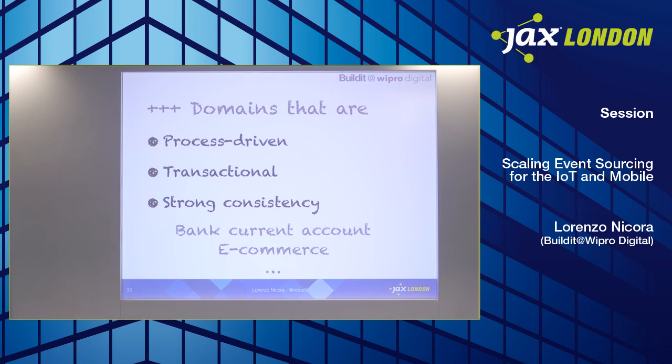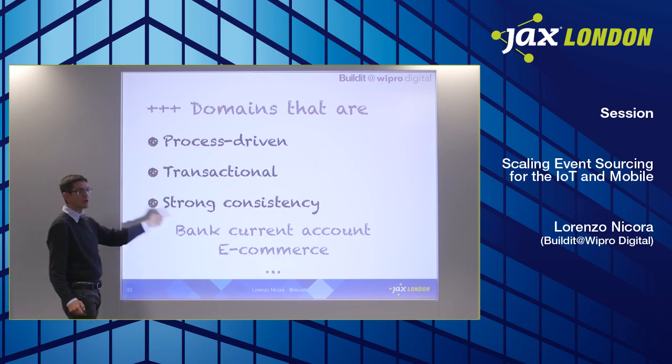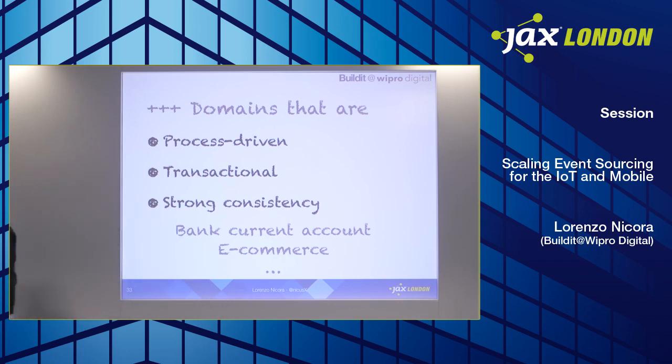This approach works perfectly when your domain is very, let's call it, process-driven. So when your system has to drive a process, you are logically receiving requests from the outer world, and you decide if that request is legit or not, and what is going to happen from that request. So you apply your consistency, emit your event, and you say, this is OK, this is KO. This fits all domains that are intrinsically very transactional and require strong consistency. Not by chance, every example around is based on bank accounts, e-commerce, or other examples like this. But